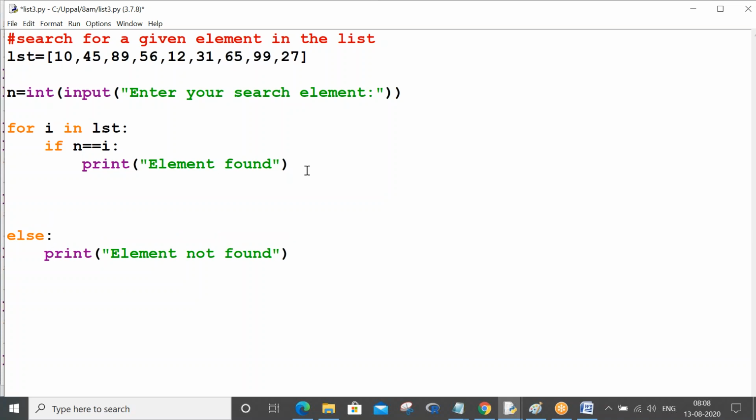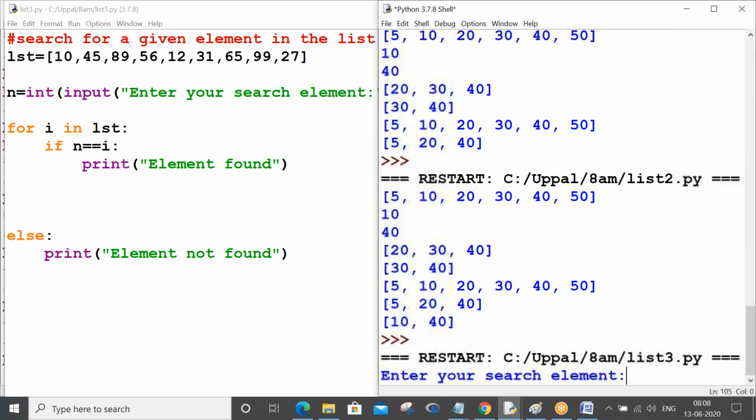Control S, run module. Let me enter your search element. What is my search element? I am giving 1000.